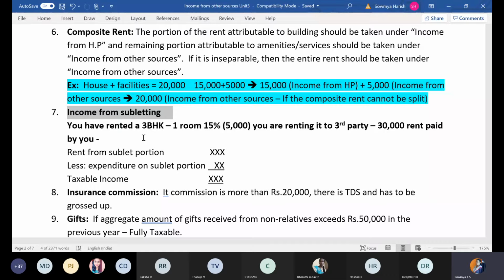But if your earning from insurance commission is more than 20,000, they will deduct TDS. So in that case, whatever you receive as insurance commission will be the net amount. And we all know that whenever we are receiving net amount, we will have to gross it up, convert it into gross amount using the formula which we had discussed yesterday when we were discussing how to calculate interest on securities. Clear? So this is with regards to insurance commission. Understood all of you?